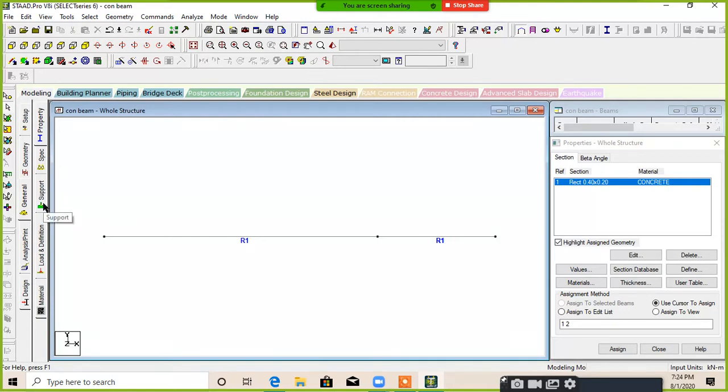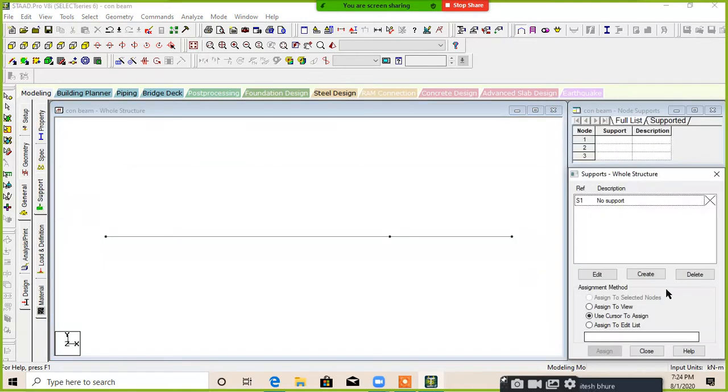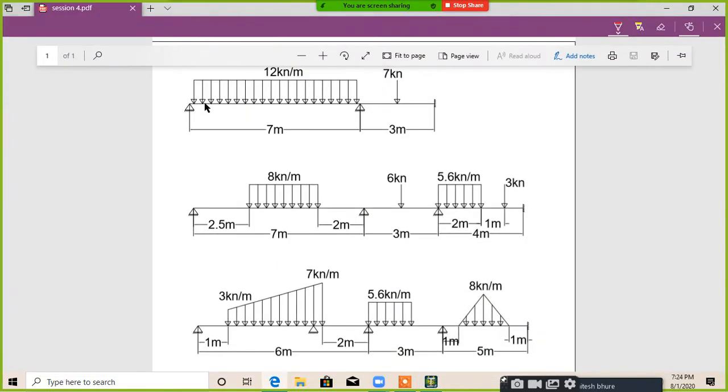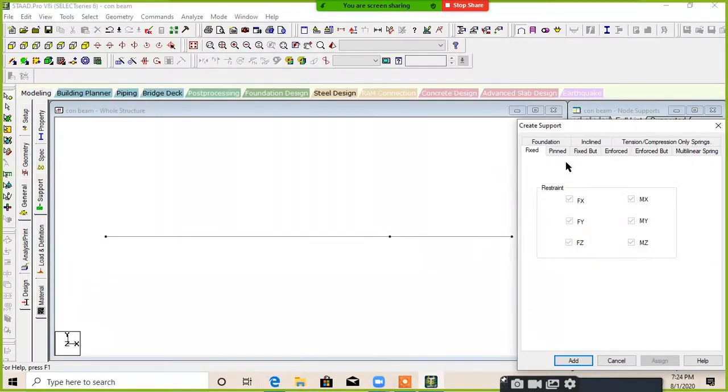Just go to support, create. What are the supports? The first one is pin support, the second is also pin support, and the last one is a fixed support. Select pin, add, again go to create, select fixed, add.